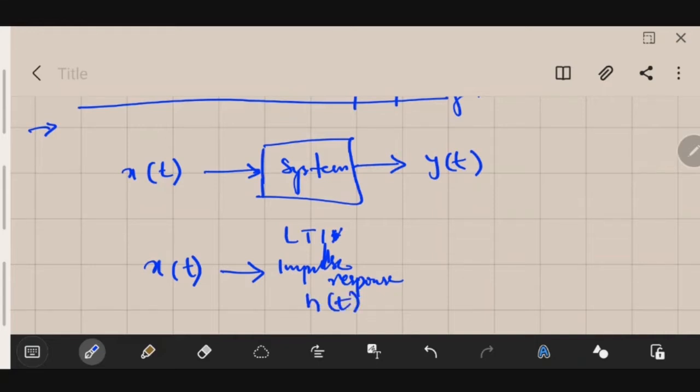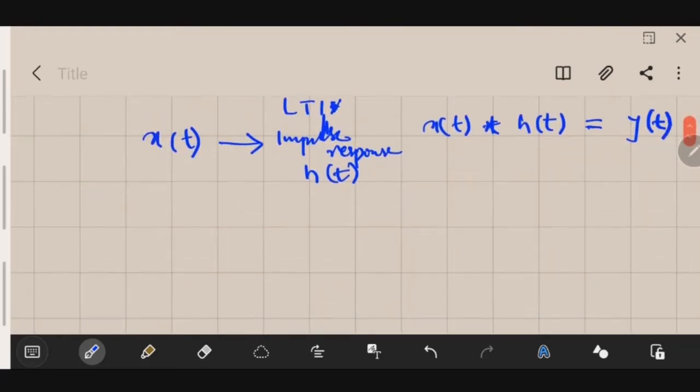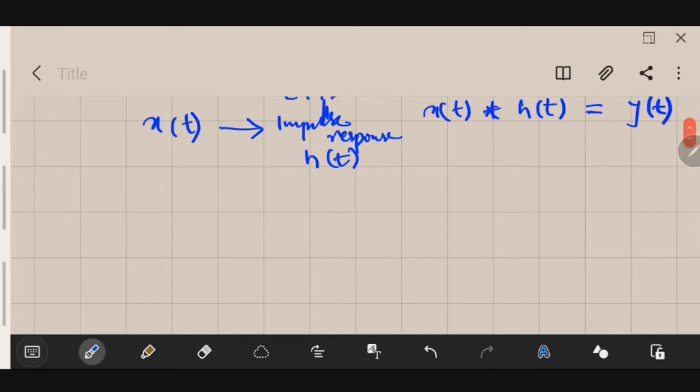and we know the input signal x of t and the impulse response h of t, then if we do a process which is called convolution, denoted like this, where star denotes the convolution, then we will get the output signal y of t. So this is another process. This is quite an easier process, as you will see. This is a way to find the response of a linear time invariant system.